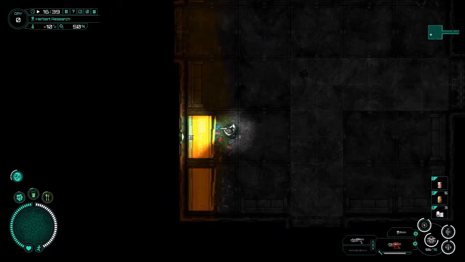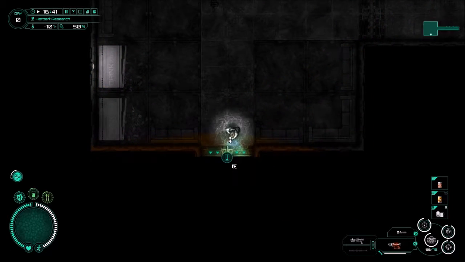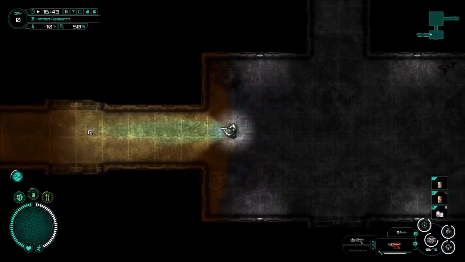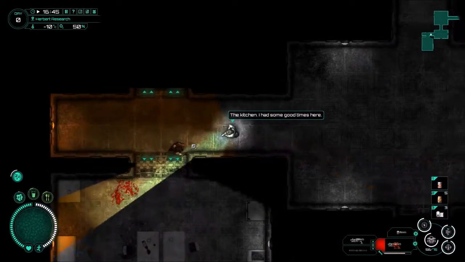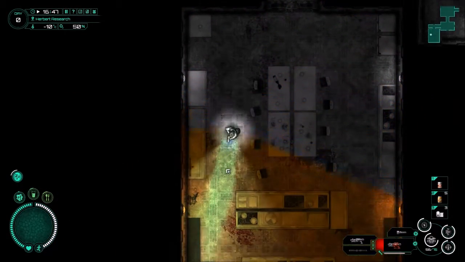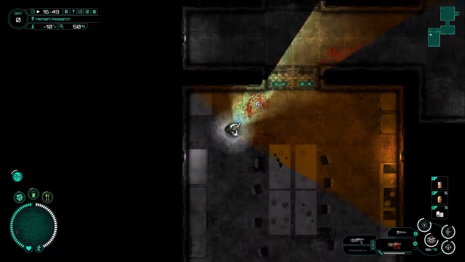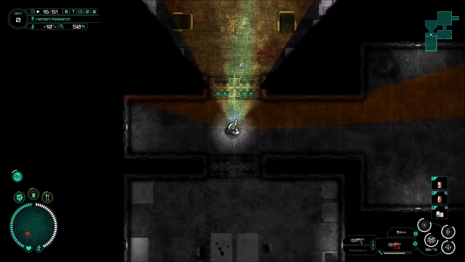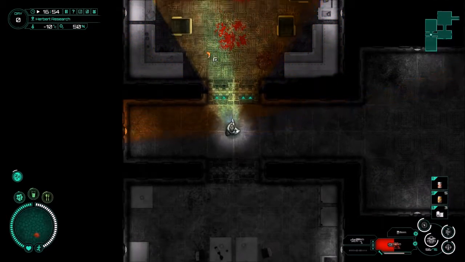Note that things can actually open the doors, so be careful. Very few creatures can actually open doors, though. So just keep that in mind. And always clear the room before you're actually going and doing something else. And also keep an eye on your weapon. You can see that this little red bar, that's an indication that it's overheating. Also keep an eye on these bars, because as you can see, yep,